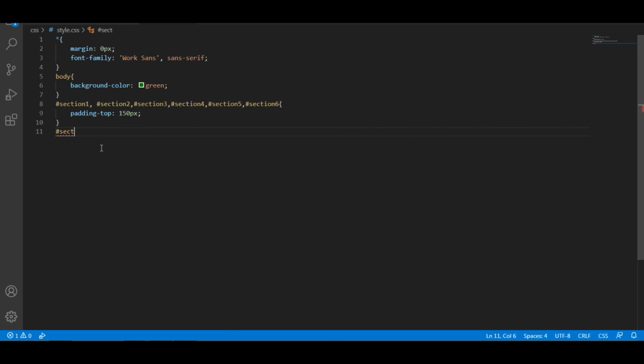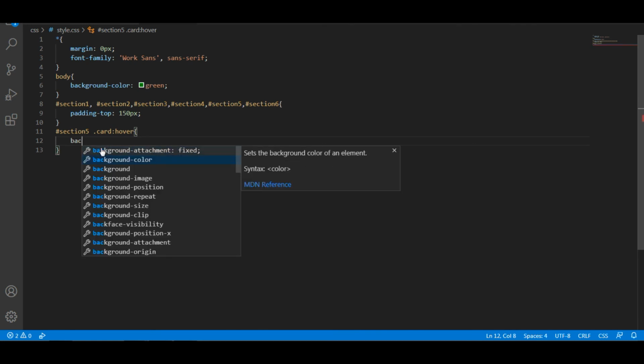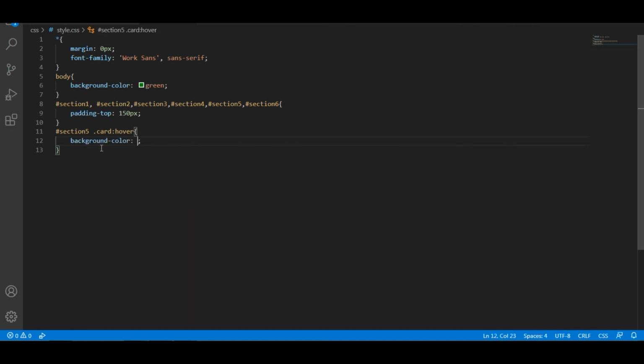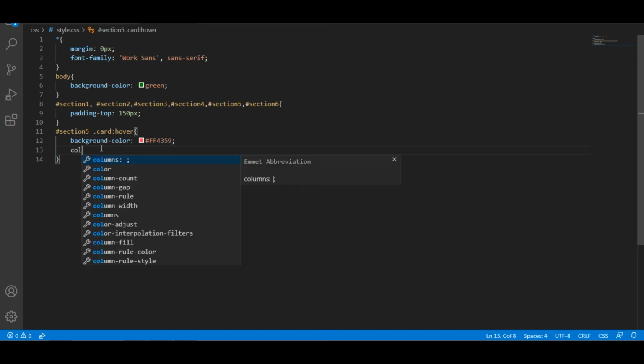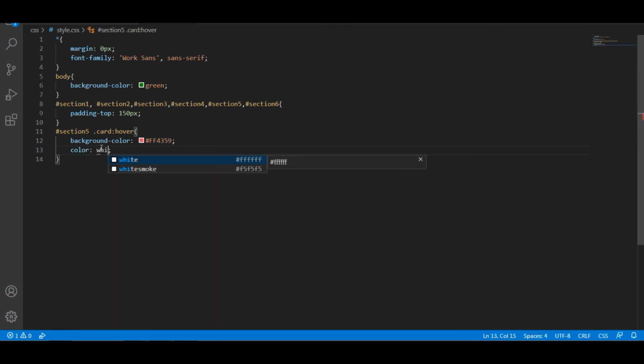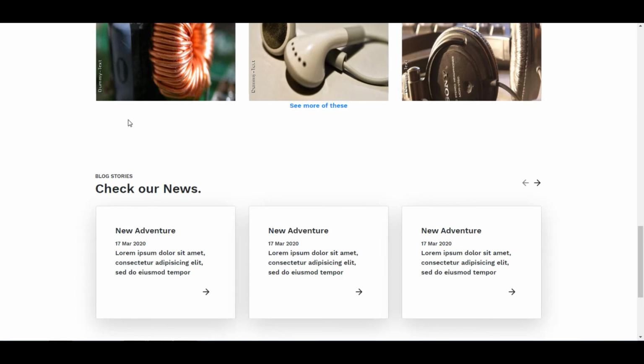Section 5 card hover should be background color of F4359. It's a lighter red color, and I want the text color as white, so I give FFF. Refreshing on that, you can see the nicer hover effect when I apply it to the document.